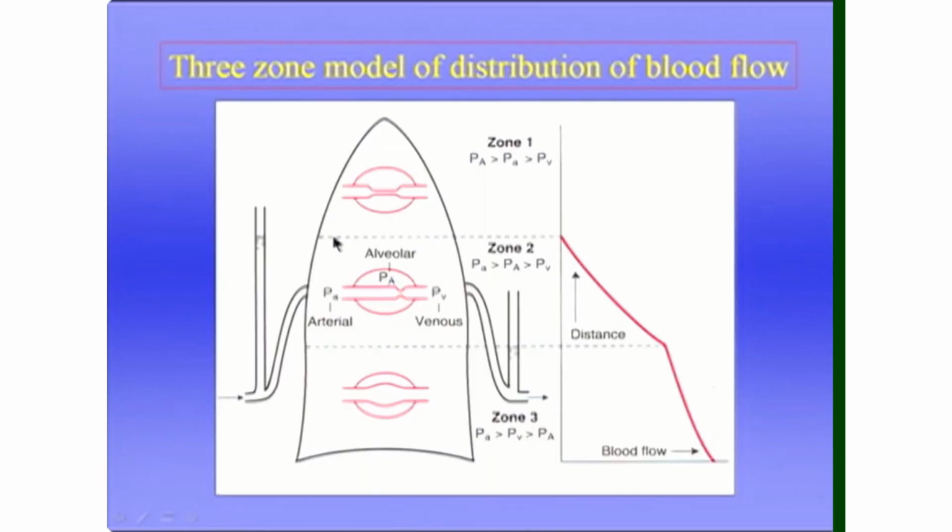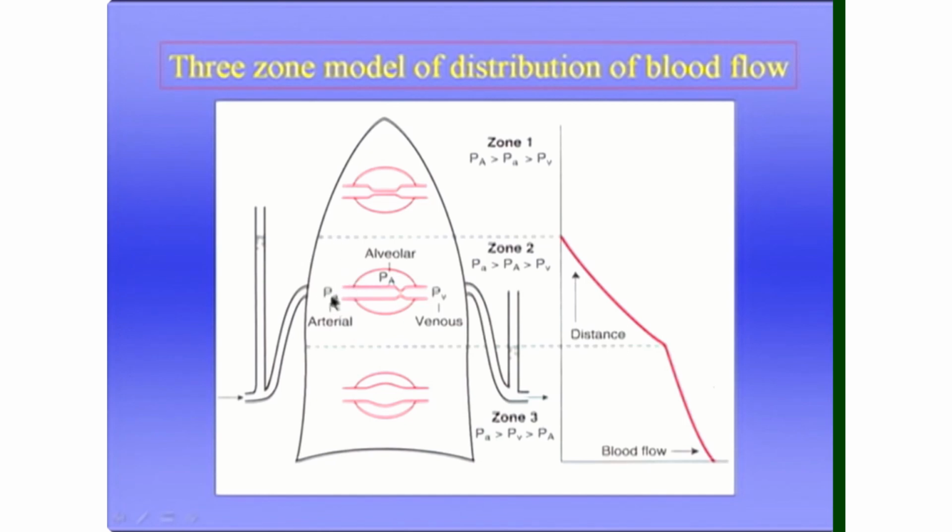Where would zone 1 be in a patient who's lying on the operating table in the supine position? Well, it's going to be at the top of the lung, the anterior part of the lung, because what we're talking about here are gravitational factors, okay? Now, as we come down the lung, the pulmonary artery pressure increases because of the hydrostatic effect, and we get